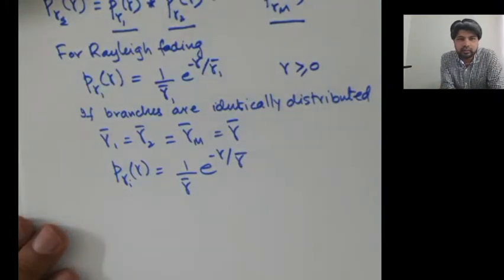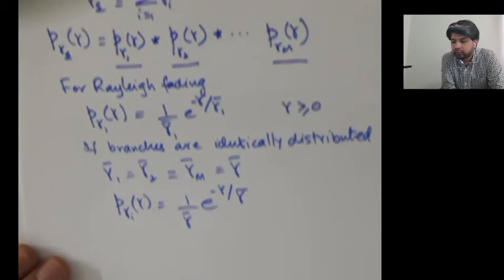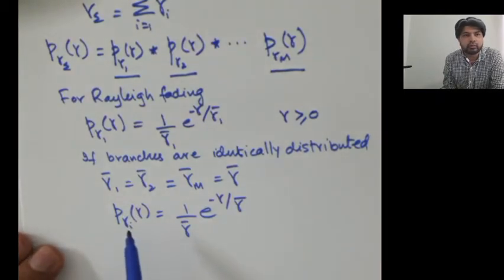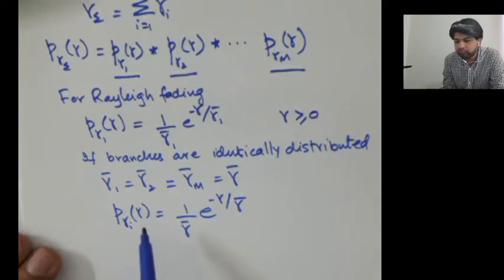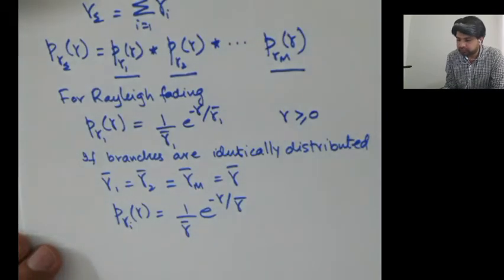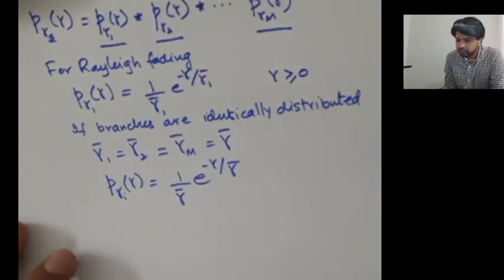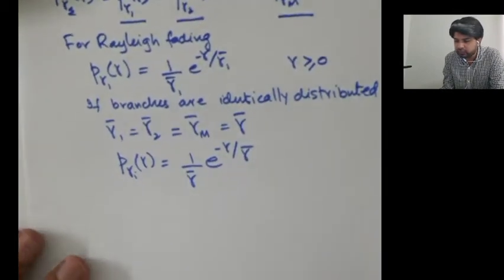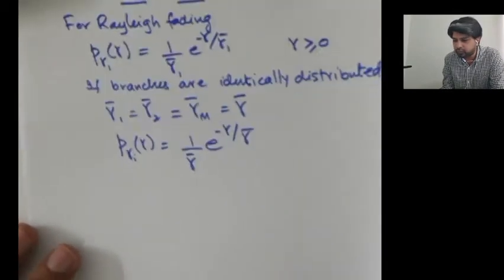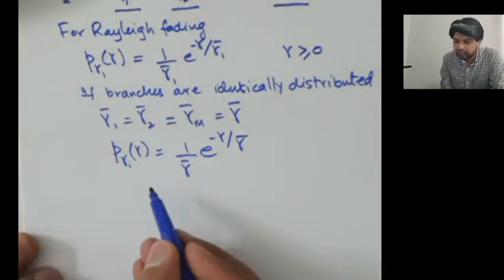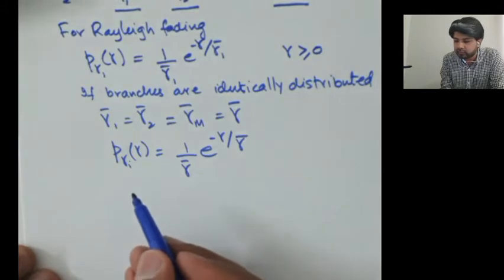In that case, let's compute the Fourier transform of each branch, and then we would multiply all of those Fourier transforms and compute the inverse Fourier transform, such that we can compute the distribution of gamma sigma. This is an exponential distribution, and it's really straightforward to compute the Fourier transform. Let me briefly discuss the process we are going to follow.